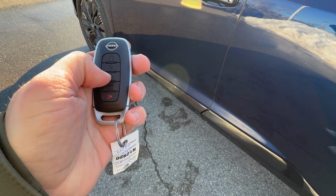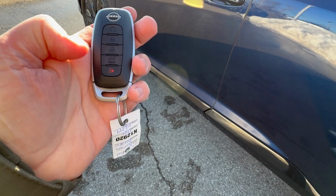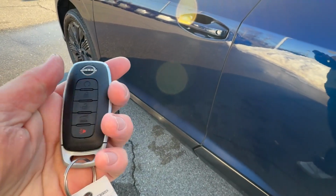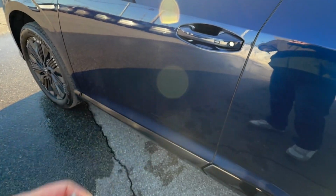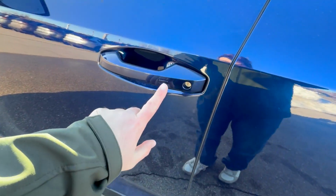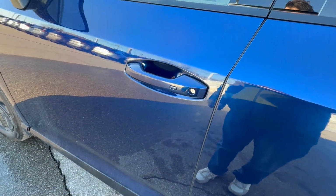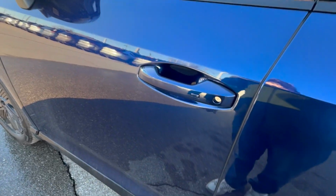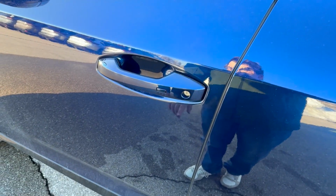You have your lock, unlock, and your lift gate and your panic alarm. Now, as stated before, it is Nissan's Intelligent Key smart key access system. So by keeping the key fob in your purse or pocket, you can lock and unlock the vehicle doors. Doing so is easy just by pressing that button. The vehicle will beep and the mirrors will fold in, indicating that it's locked. To unlock, simply press that button again,